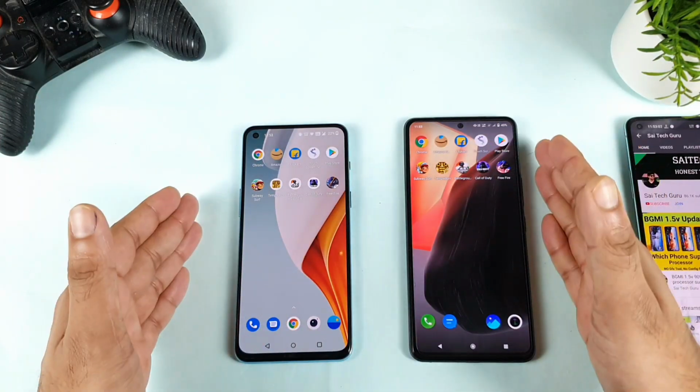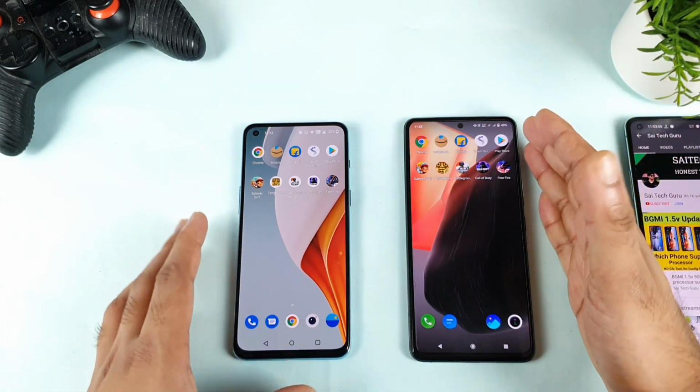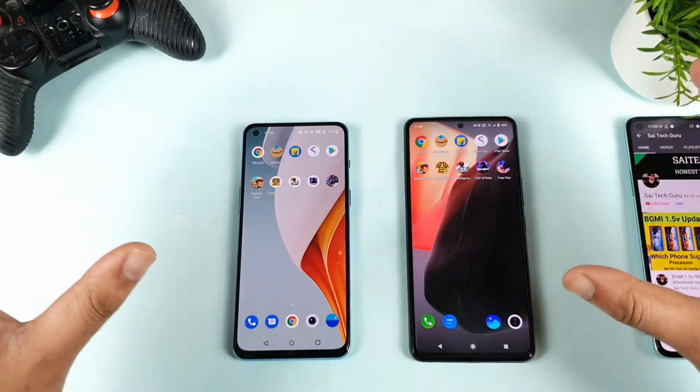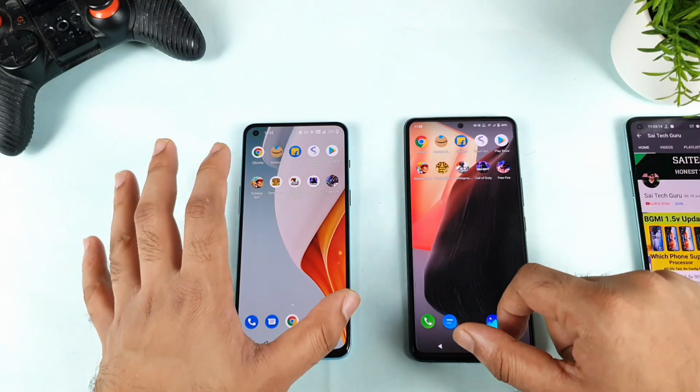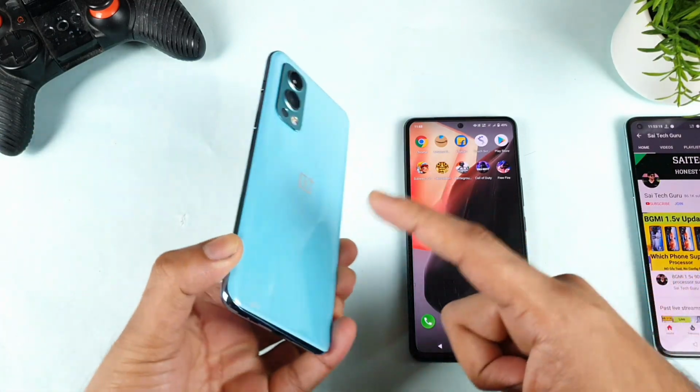So in terms of RAM management, the clear winner is the iQOO 7 device, and in the speed test also the iQOO 7 device. In case you have any other doubts, make sure to check the playlist. All the doubts will be completely cleared between both phones. And these are the things about the OnePlus Nord 2 device after the update. There is nothing much changed between before and after the update. RAM management remains the same in the OnePlus Nord 2.